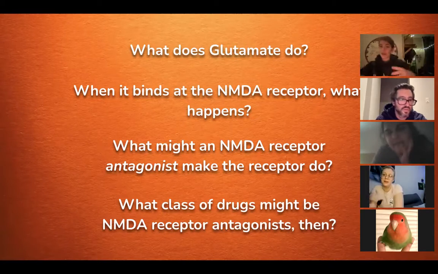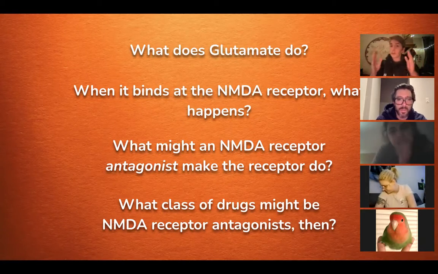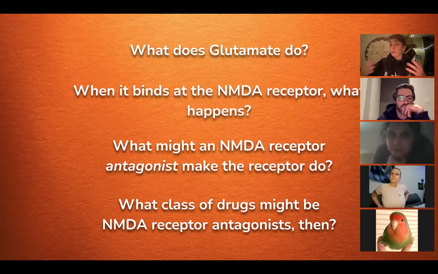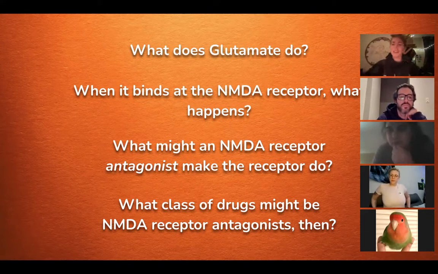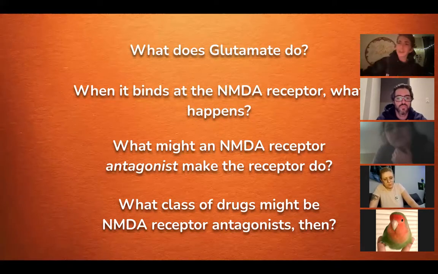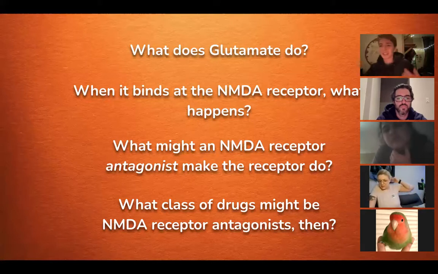So the point here is the system normally functions with glutamate. It's the one that facilitates communication. It's what gets your system going. Normally glutamate would be like, yes, NMDA receptor, I haven't seen you in like 2 nanoseconds. I'm so happy to be here. I'm going to sit myself inside of you and there will be electricity and everything's going to be communicated. And that's great. That's what normally happens at this receptor.